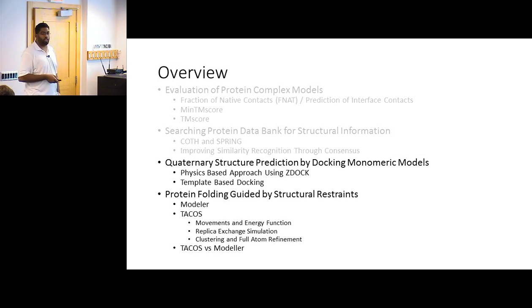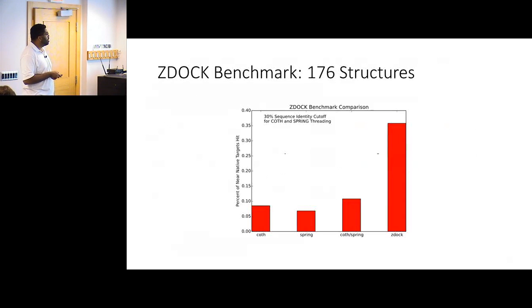Given two protein chains, ZDock will search the whole space, make a whole bunch of different calculations and try to figure out which interaction is the native interaction. So when we took ZDock's benchmark and looked at Koth, Spring, and the ZDock comparison, we got a real big difference between the two, where ZDock picked up about 37% of the proper interfaces, and ours were around 10 to 12.